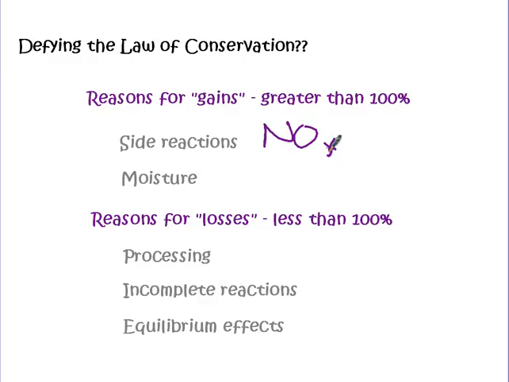And so, what are the chances that not every atom and every molecule is going to find its collision to take place, so that the reaction doesn't finish? And as you get lower and lower in the amount of reactant that you have left over, as it gets used up and turned into product and less of it is left behind, then it becomes more and more difficult for these atoms to run into each other. So the reaction just doesn't quite make it to completion. Sometimes it's a time thing. Maybe there's not enough time for it